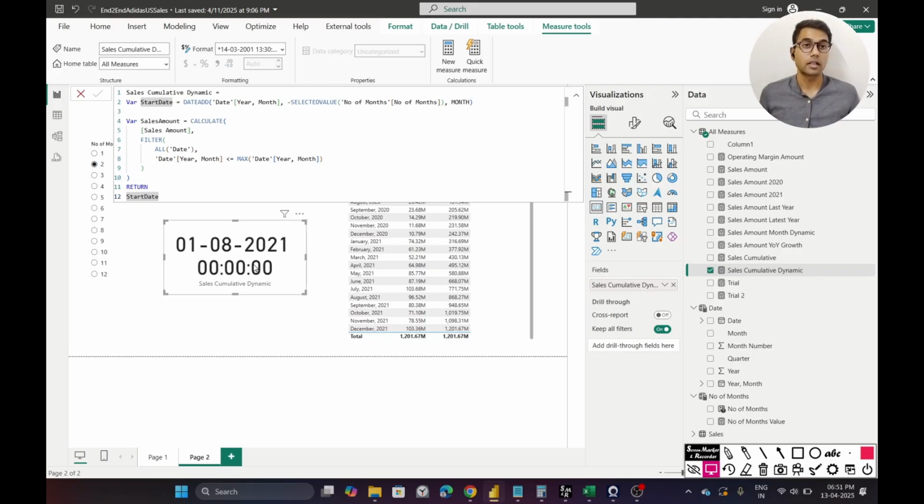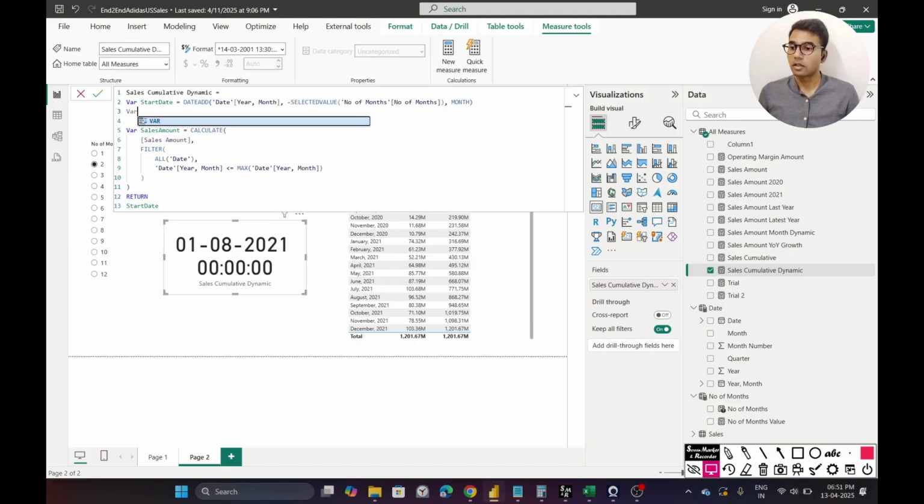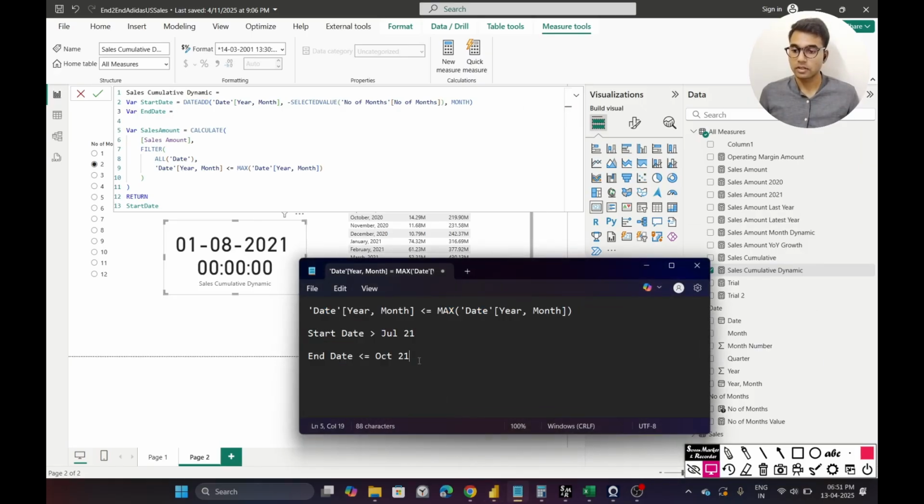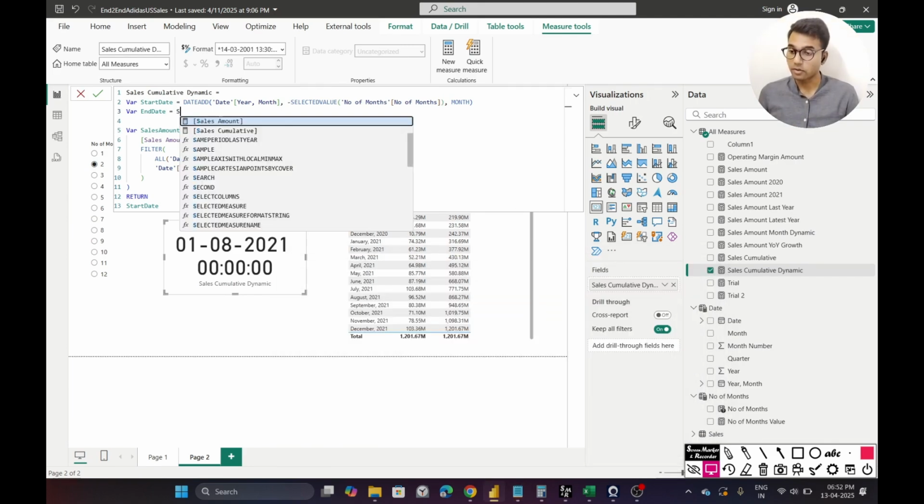So we are correctly getting the date as the 1st of August 2021, which is the start date in our particular problem. Now I will use the end date because we need two dates, right? If I go back to my notepad, this is the kind of logic that we are trying to implement. The start date should be greater than July 2021 and end date should be less than or equal to October 2021. So I will use the selected value